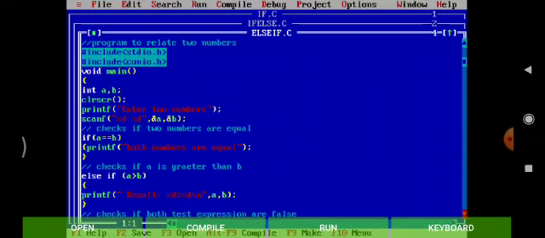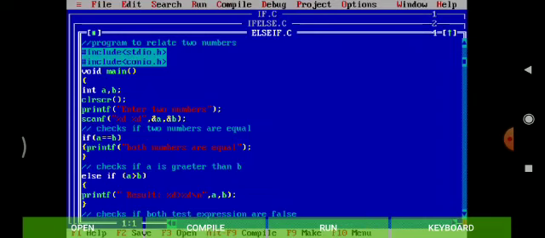And then we have given if, that is our first condition. The first condition given in this example is a equals b. It checks if two numbers are equal. When this condition is true, it prints both numbers are equal. Then we have used an else if, that is for the second condition. We use else if for multiple conditions, more than two conditions. It checks if integer a is greater than integer b. When this condition is satisfied, it prints the result that a is greater than b.